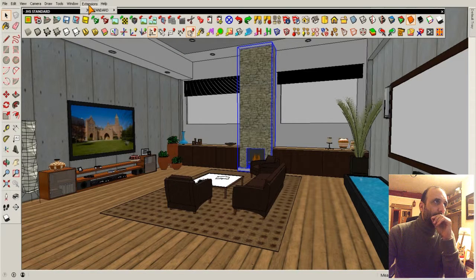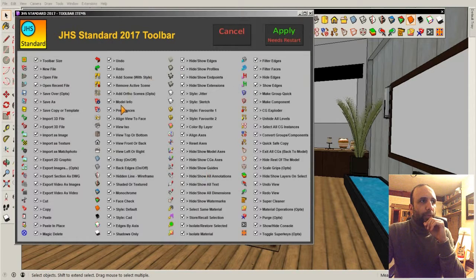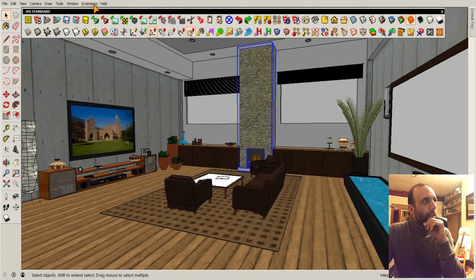the menu. If you go to extensions, you'll find JHS Standard, and you will find the toolbar icons, where you can decide which icons to have on the toolbar or not. You also have